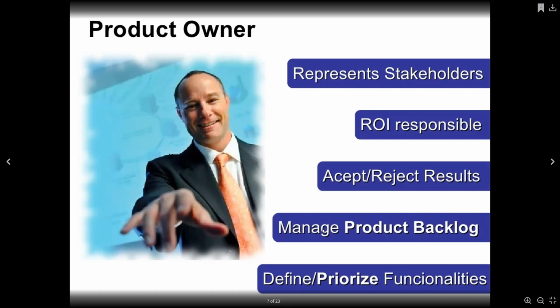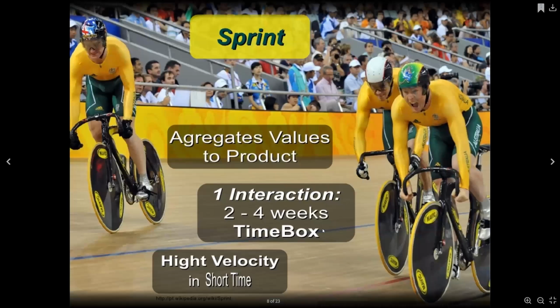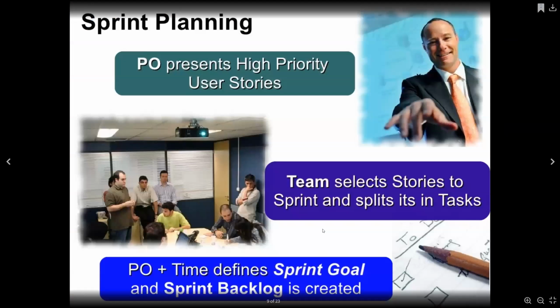You are the one that manages the backlog. You define and prioritize functionalities. So sprint, this is just a visual way to see how much of the value, a great value of the product can be done within a 2 to 4 week time box, and how the velocity is the speed in getting this done. So you as a PO, you present all the high priority user stories that the team needs